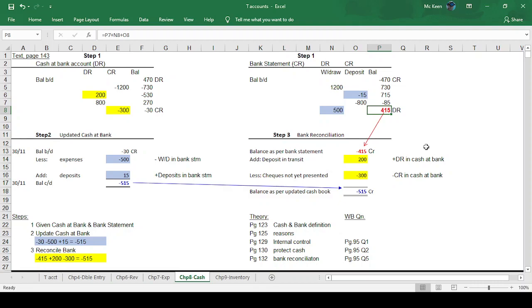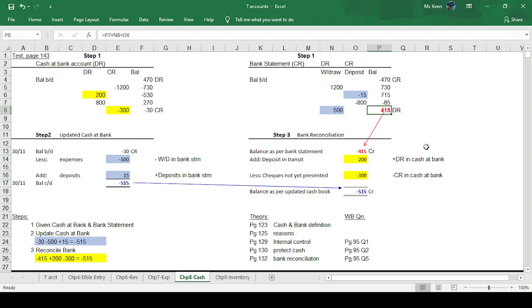So your bank statement is a credit account, so that means in your bank reconciliation the 415 is minus credit 415. Why? Because withdrawal here is 1007, minus 815. So that means your withdrawal is more than your deposit, right? Correct or not? So that means, isn't it a credit balance? This debit here in the bank is actually a credit balance,